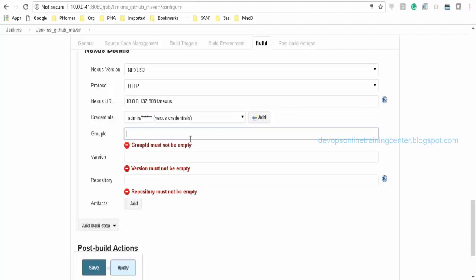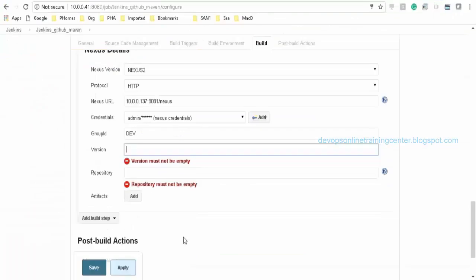Then group ID. This group ID you can give anything. Whatever we give, that directory structure will be created. Something like dev and all, right? So this is a development project, so I give dev. Version is build underscore ID or build underscore number. What is this? When it creates the repository on Nexus, it will create a proper directory structure. So first releases under that dev, under that build ID 1 or 2 or 3, under that timestamp, under that it will push the war or jar file, zip file, right?